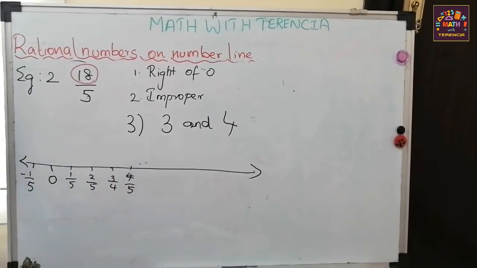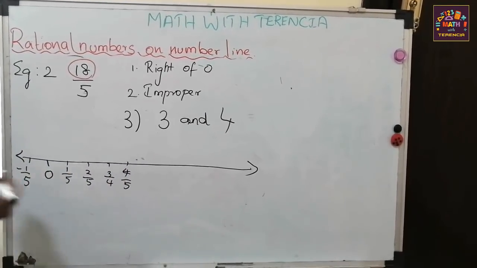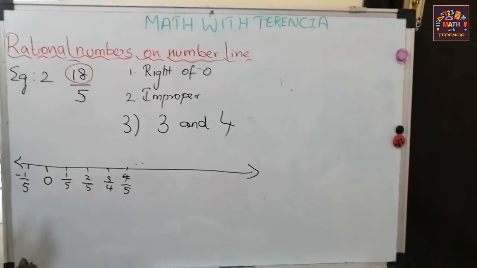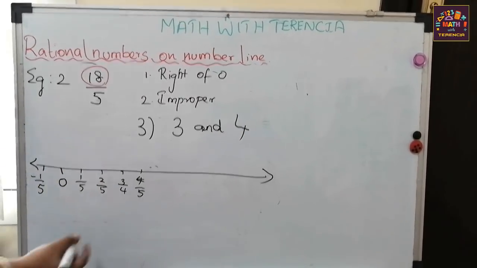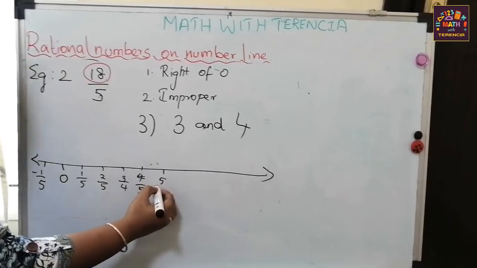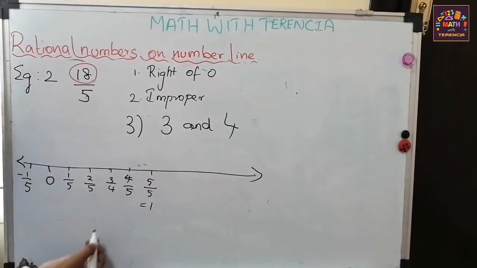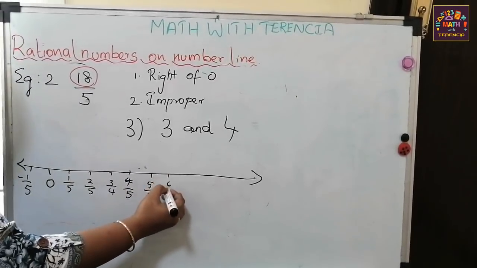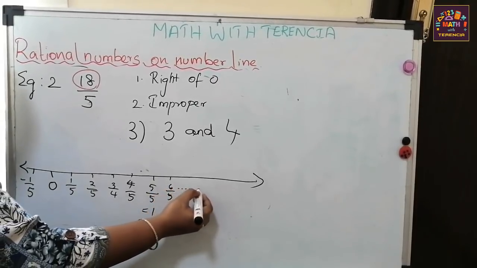Method 2 is easy to work. You don't want to write more, you just need to think. But in method 1, you need to write many numbers. 5 by 5 is equal to 1. In the same way you need to go 6 by 5, 7 by 5,